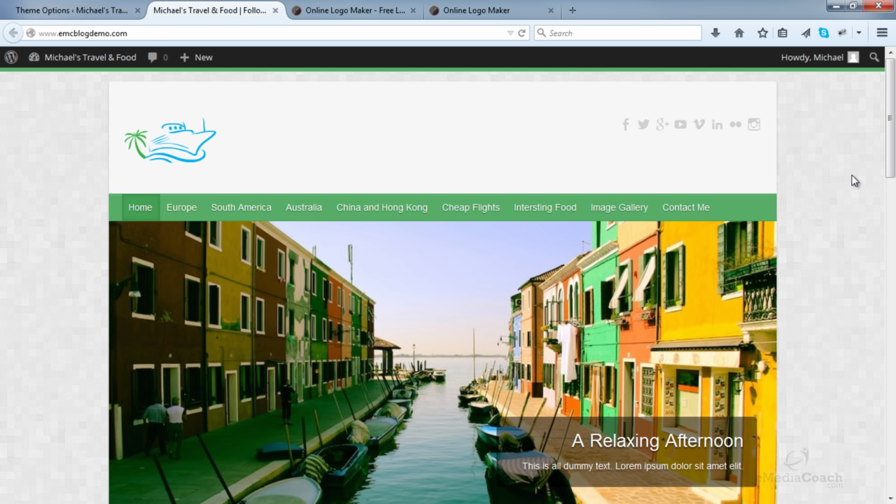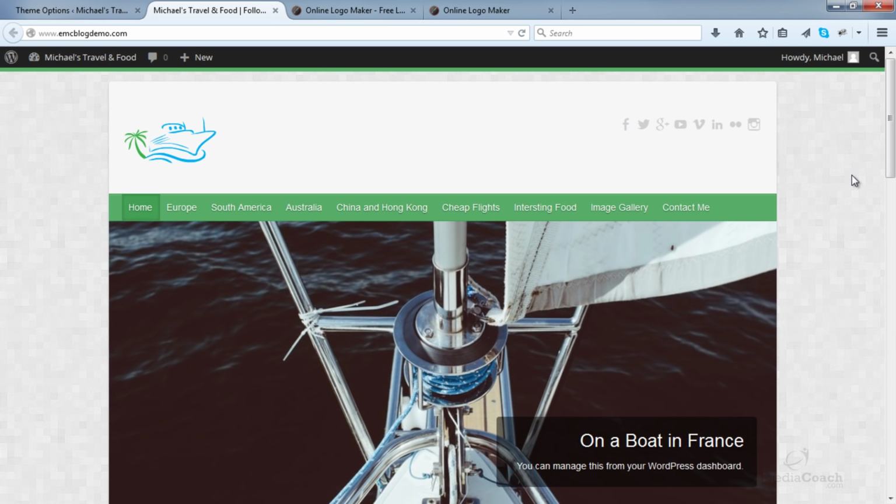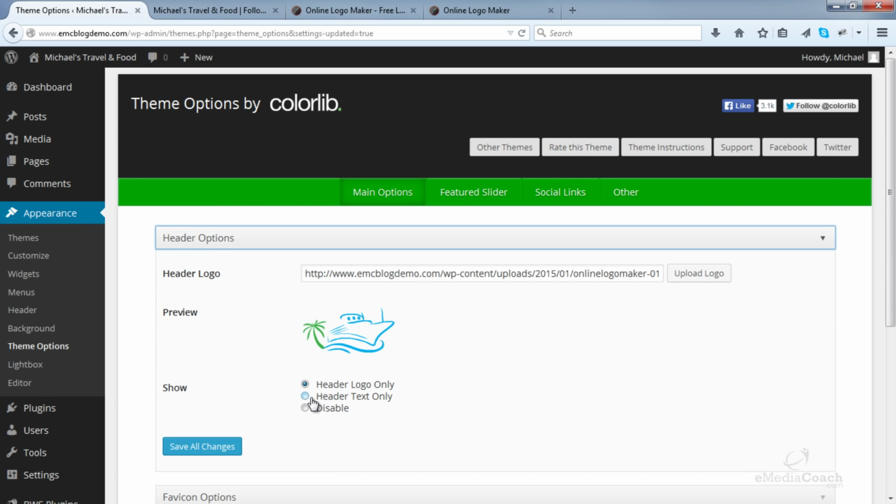Cool, that looks great. Of course, if you want to keep the header text like it was before, just go back and select that option there. But that's an easy way to get a logo created quickly and update your blog.